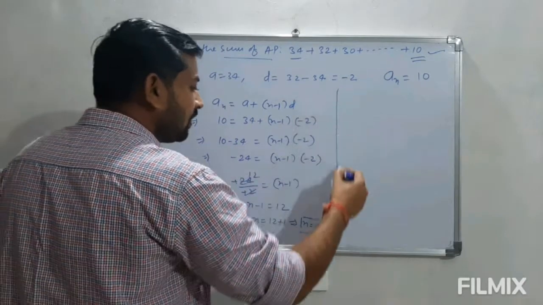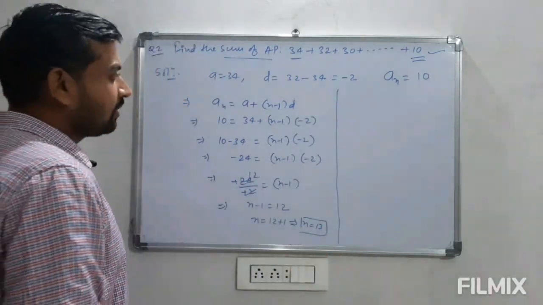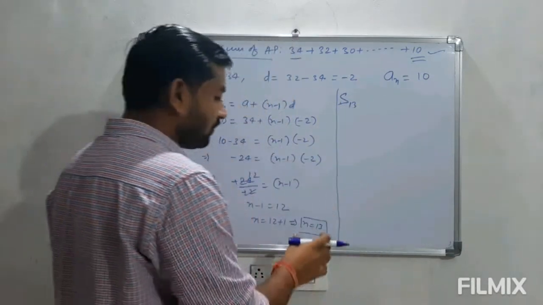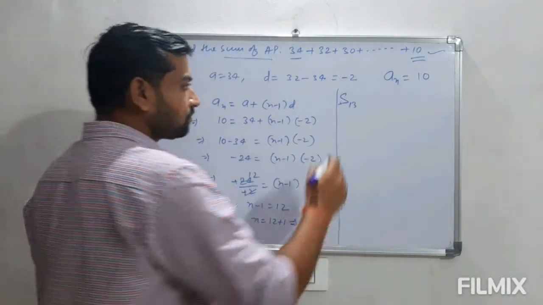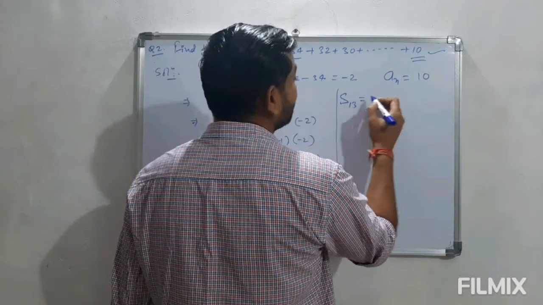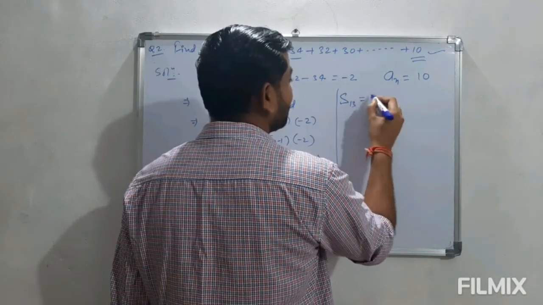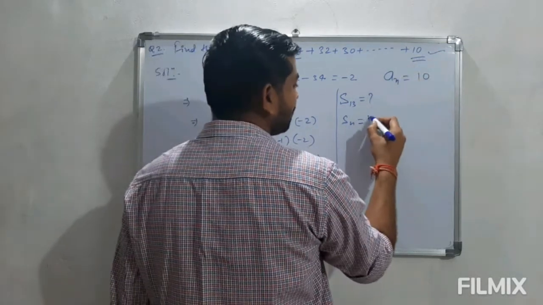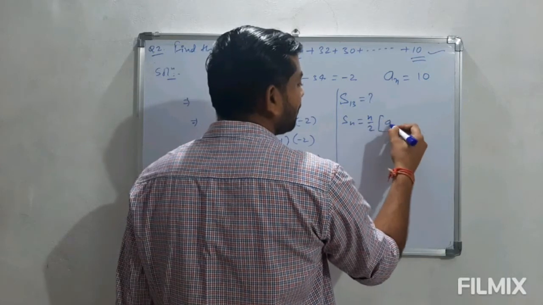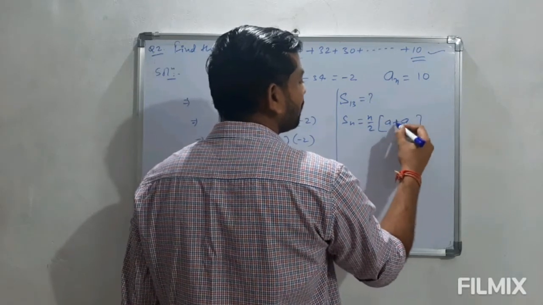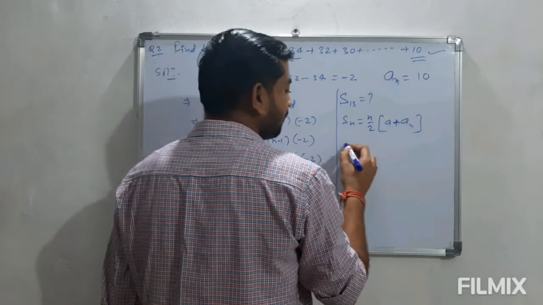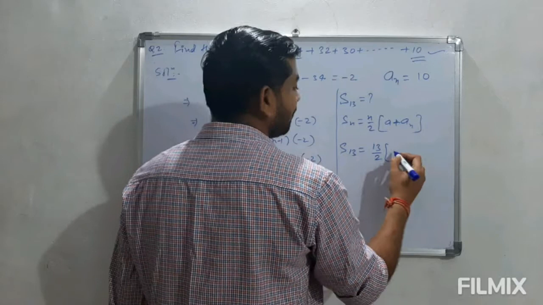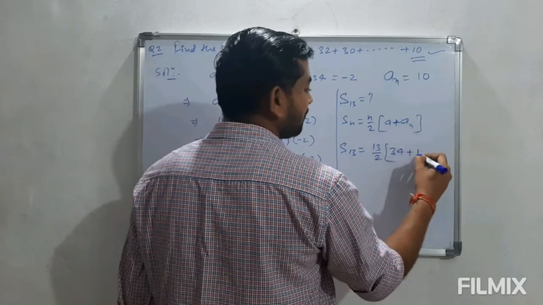So in all this is a total of 13 terms. Now we have to calculate the sum of the AP, that is S13, because we have the total number of terms as 13. So let us find out the value of S13. We have to use the relation here. As we know the last term, we can use Sn is equal to n by 2 into (a plus an). The nth term is known to us, so we can use this relation directly. So S13 is 13 by 2, the value of a is 34 and the last term is 10.